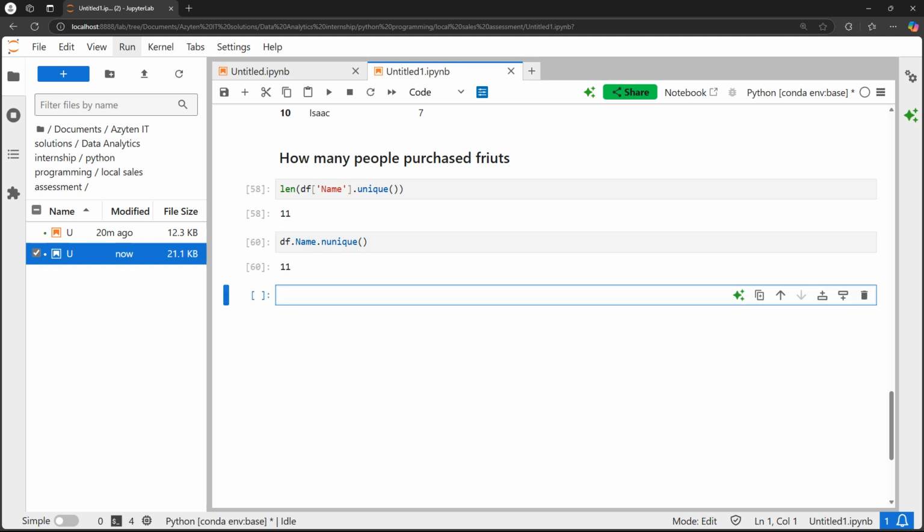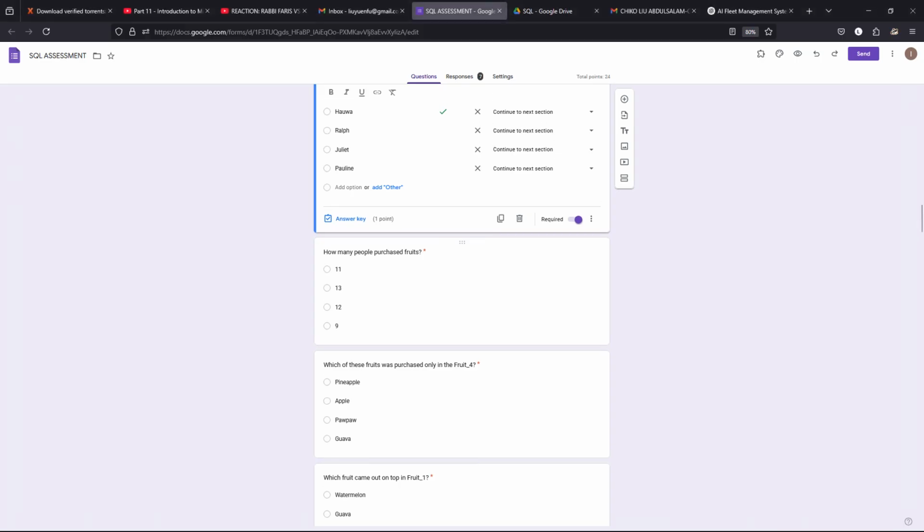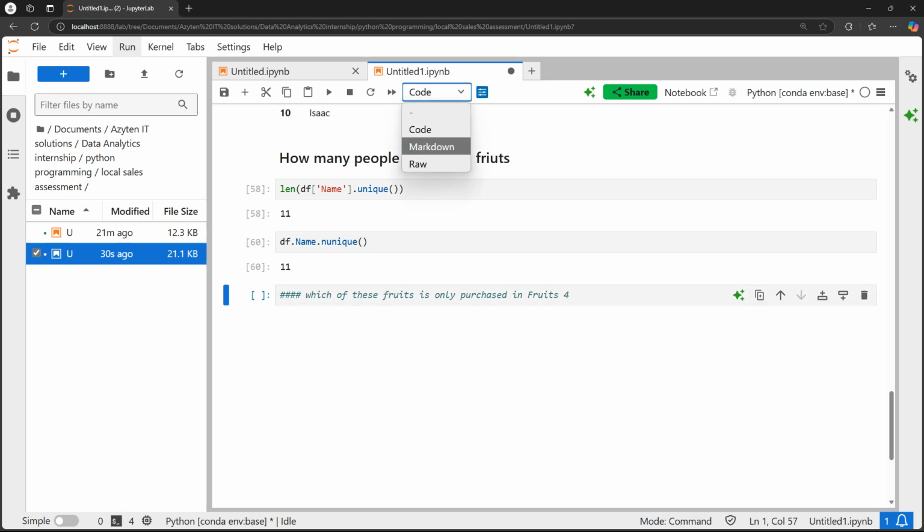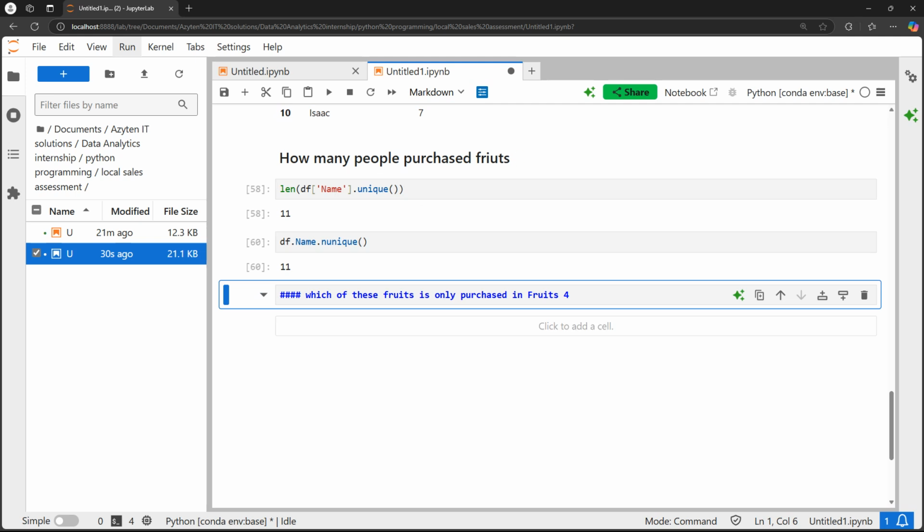So the next question is: which of these fruits was purchased only in fruit 4? I can put that in a markdown as well. Which of these fruits is only purchased in fruit 4? So basically it's just to get the